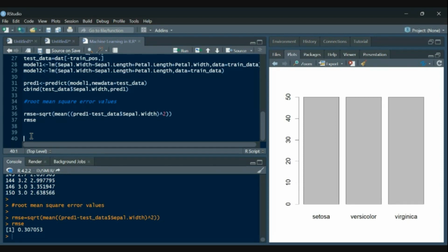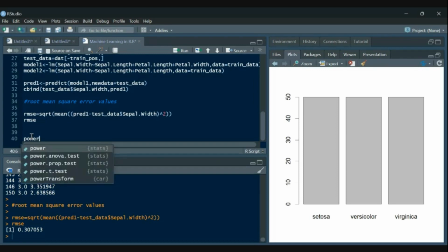Suppose we have a function for square, like power 2.